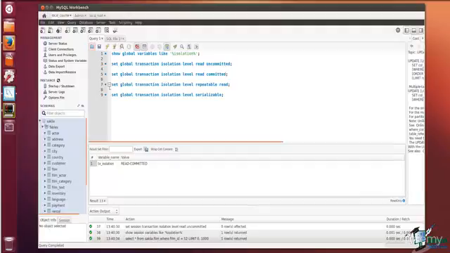In this demonstration, we're going to examine isolation levels and locking. Isolation levels are important to understand because they have significant impact on both data consistency and potentially the performance of the server. So to check the current setting of the server at the global level, we can execute the show